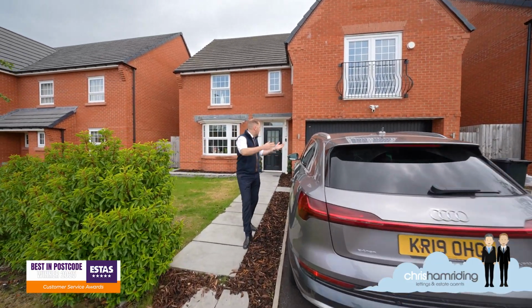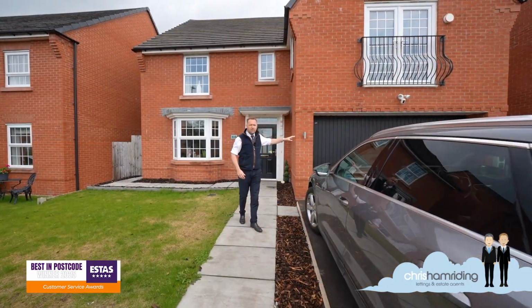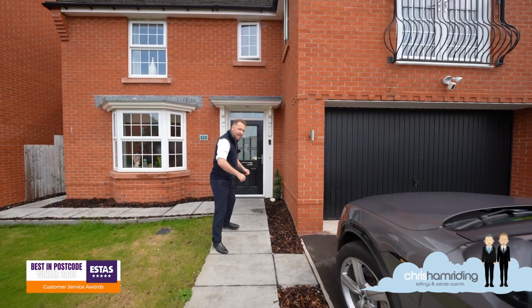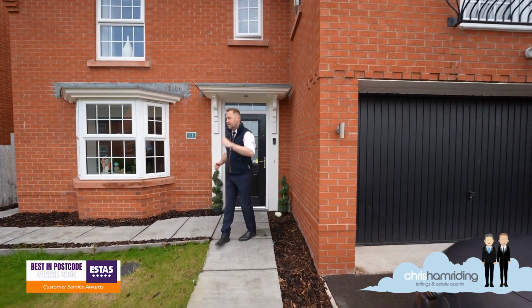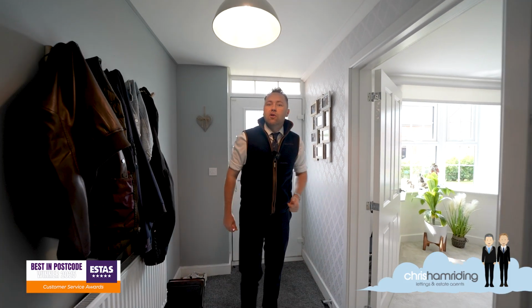So you're seeing a good sized driveway there, there's a little EV charging point, we've got the double garage of course, can't wait to show you that, Juliet balcony in the master, nice landscape pathway and loads to see, so let's get stuck in. You come through the good looking front door into a very good looking entrance hall, and